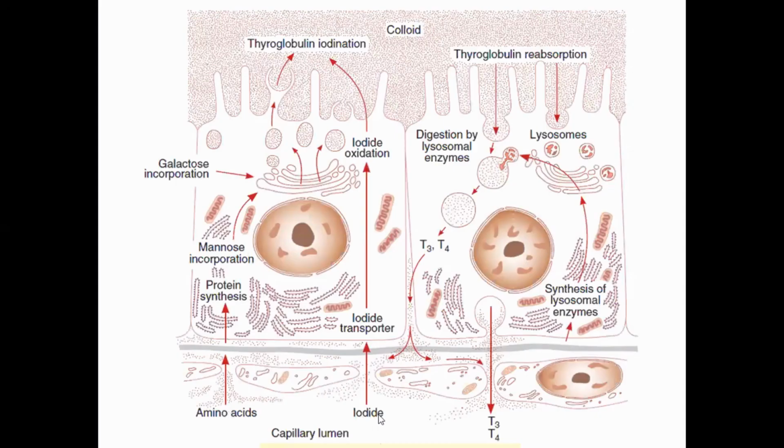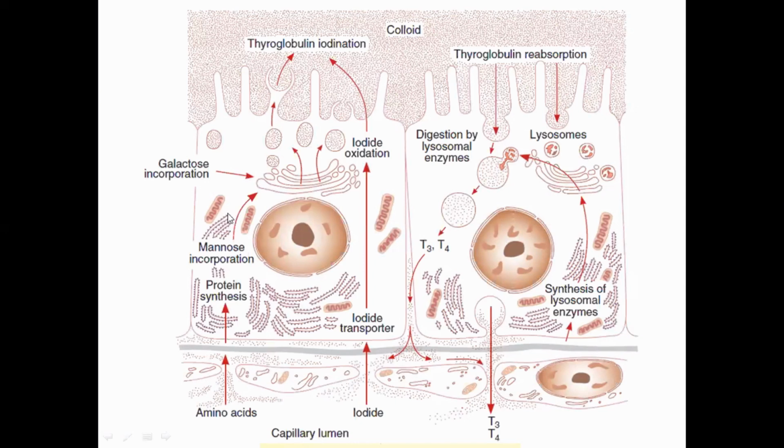So from the blood vessels, amino acids enter the thyroid epithelial cell. In this thyroid epithelial cell, with the help of thyroglobulin mRNA, thyroglobulin is synthesized by the ribosomes present in the rough endoplasmic reticulum. After the synthesis of these proteins, they enter the smooth endoplasmic reticulum, where carbohydrates bind with this newly formed protein to form a glycated protein.